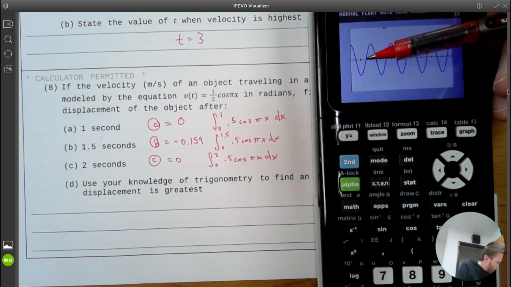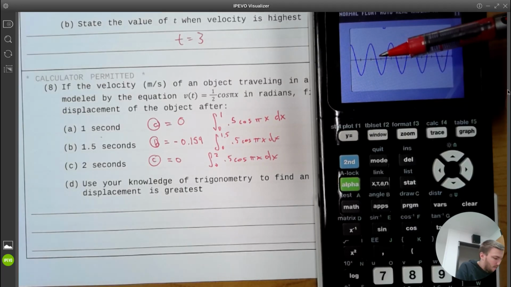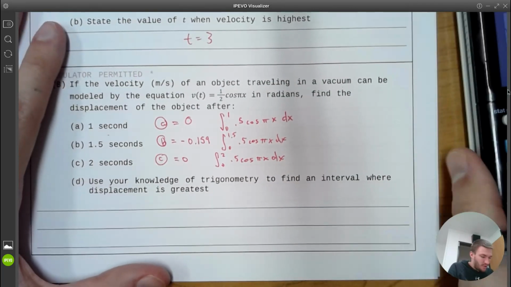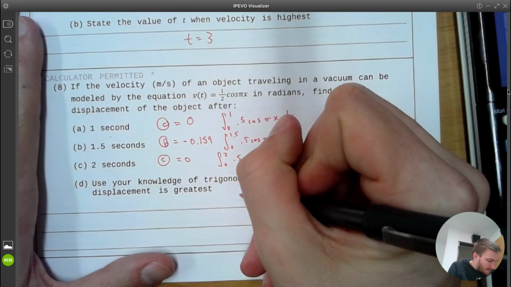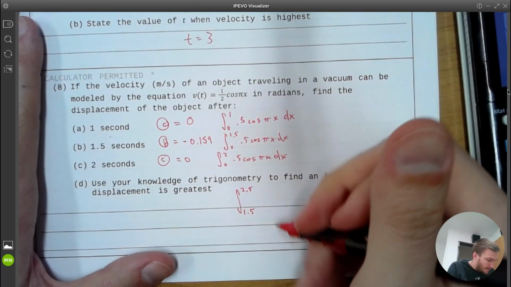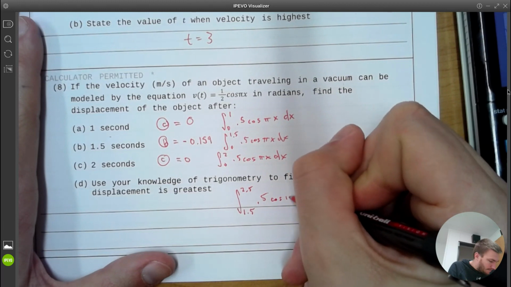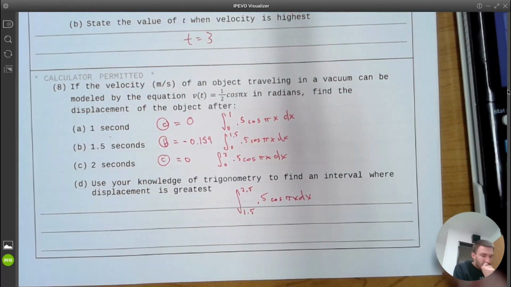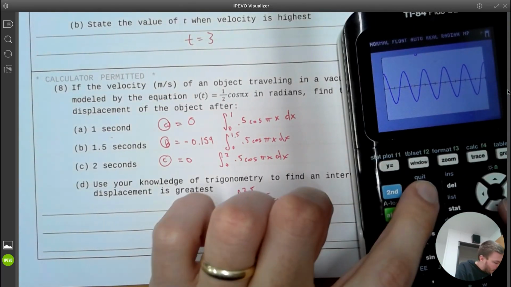If we try to go from about 1.5 to 2.5, that would be only positive area and no negative area. And so in order to avoid these negative areas, we need to make an interval something like 1.5 to 2.5. If we calculate that interval,